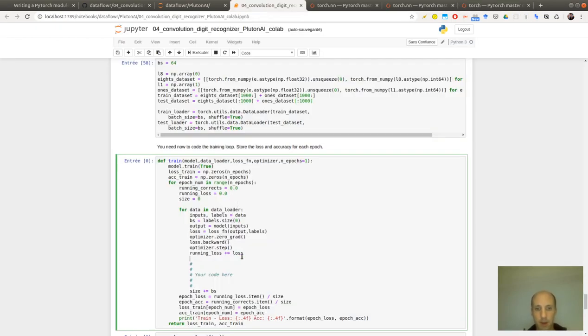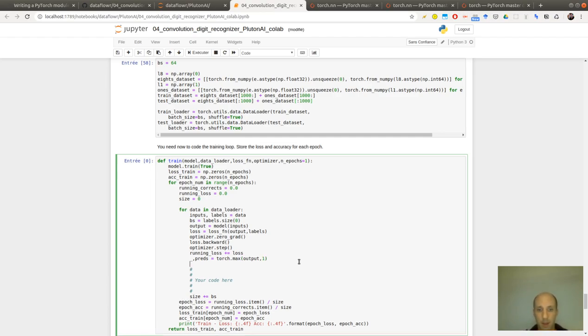On output, always dimension 1, and now the running correct. I need to test that this is a sum.